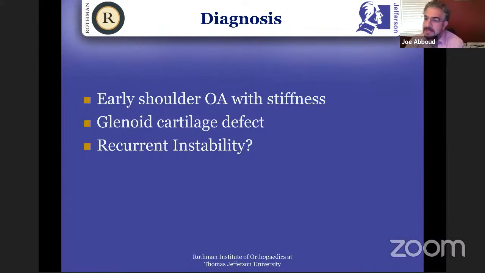Anything different? I agree. I mean, look, you're in trouble here. She's got arthritis. She's not unstable. Joe, your pickup was great. She doesn't need a Latarjet. Any kind of tightening stabilization procedure is going to make her just stiffer. Yeah. So that's interesting. So, this was back in